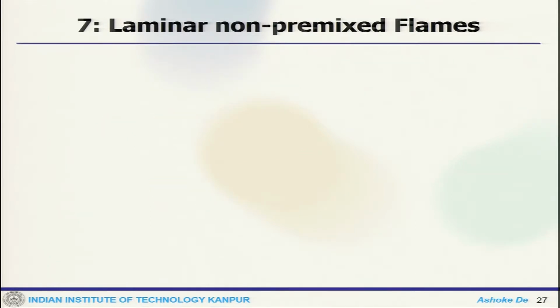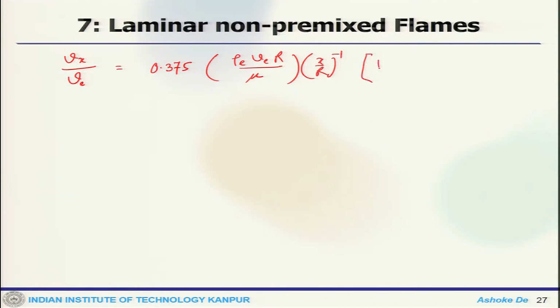Now, we can non-dimensionalize the axial velocity, that means in terms of V x by V e, which is the exit velocity of the jet. So, if you do that, this dimensionless form will look like 3 by 32, rho e V e r by mu, over 1 plus xi square by 4, whole square.